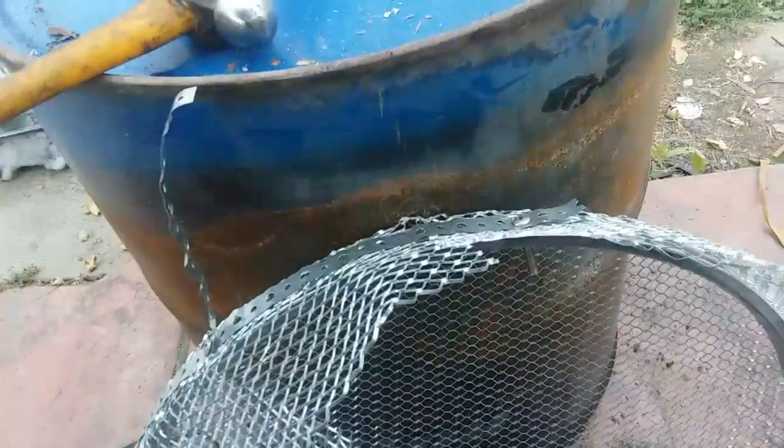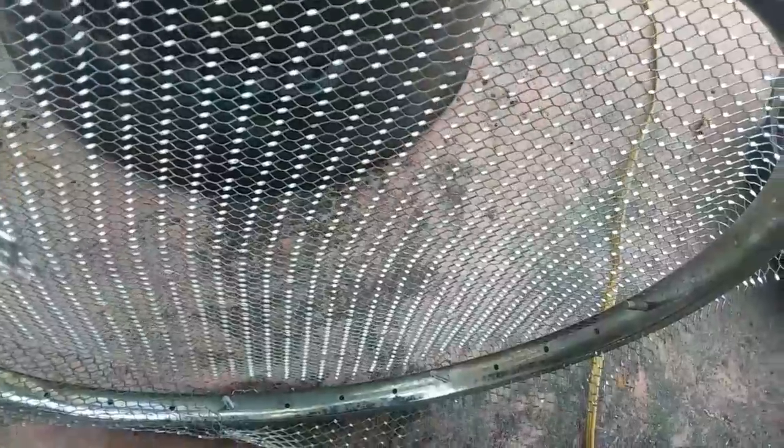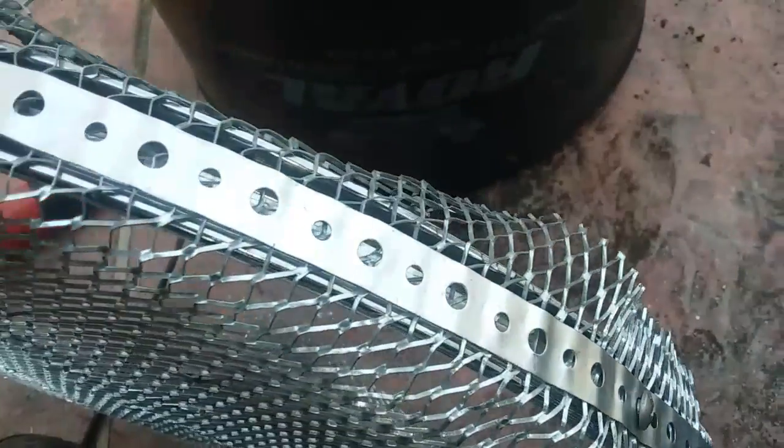What I am doing right here is making a base for this barrel that I'm going to turn into a gas-powered smoker. So this is going to hold rocks. It's expanded metal, and I've made it to fit around a bicycle rim that I took the spokes out of. And what I'm doing is taking this tape and screwing it into the rim with 1/4-inch screws, and